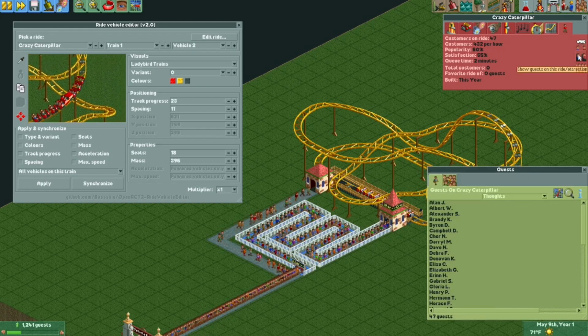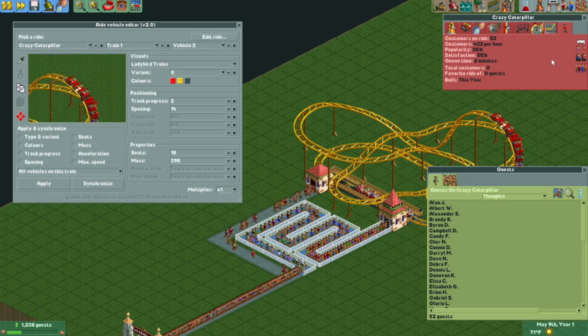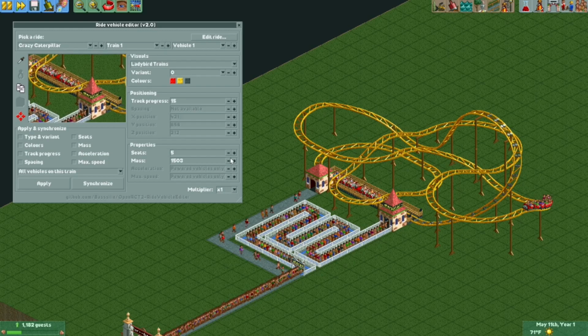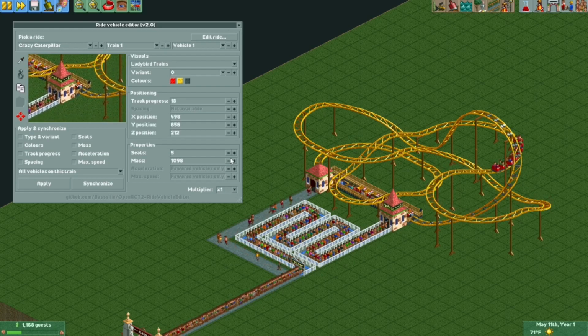We can also adjust the mass of the car itself directly. Heavier cars have more inertia, so they'll gain and lose speed more slowly. I don't usually have any need to mess with this value, and it will automatically adjust based on the peeps in the vehicle as well. But for some finicky shoestrings, it might be necessary to tweak.